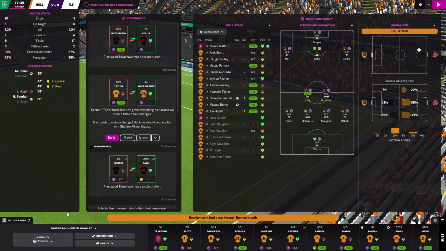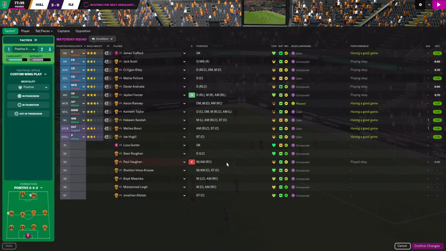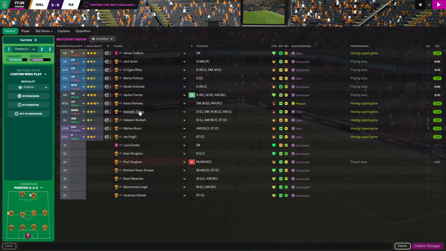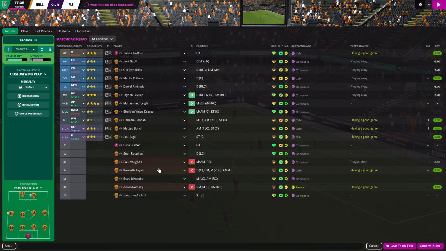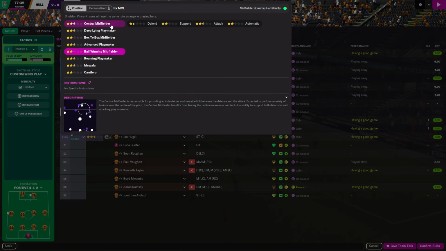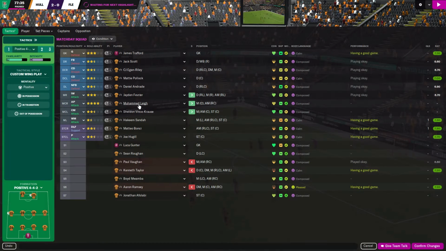So we're just going to pause it there, because it looks like we've got some tired legs. So Taylor and Ramsey are exhausted. So I'm going to bring on Lee, and Vince Krause apparently is our best bet. I'm not sure if he is. Where do you play? Central midfield attack. Very attacking midfield, then we don't have any defensive midfield options. But I think that's probably...